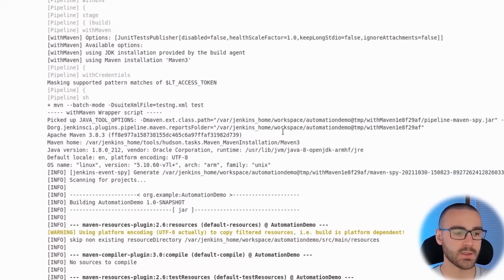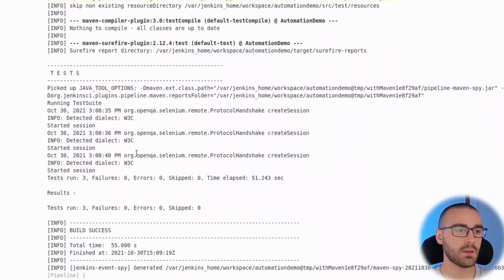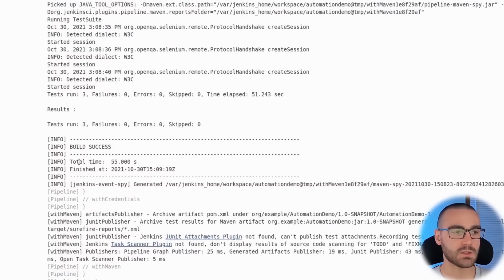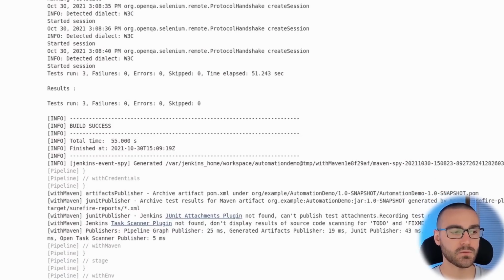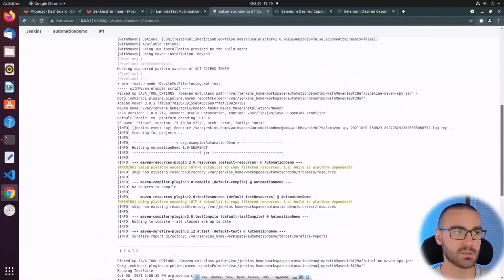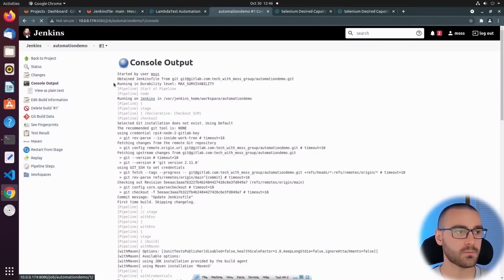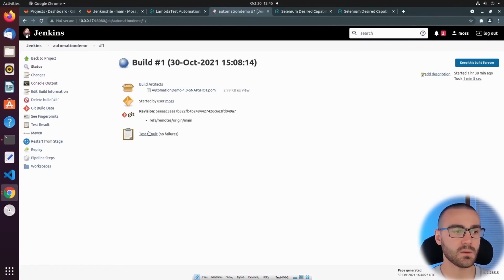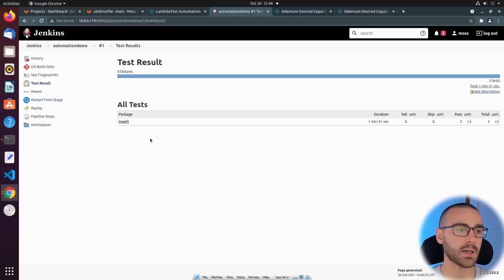And if I scroll down, we can see where the tests begin, and you can see it makes a connection to the remote WebDriver, and it runs those tests on the LambdaTest Selenium automation grid, and it finishes successfully. After the build finishes, you can see where the pipeline Maven integration plugin then publishes the JUnit reports. And if we navigate back to the build page,